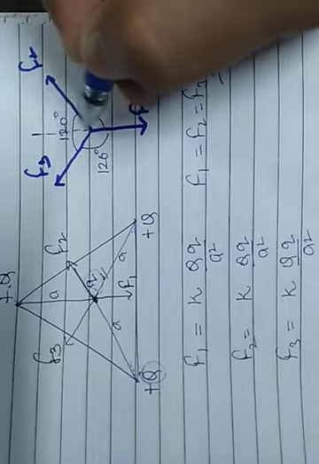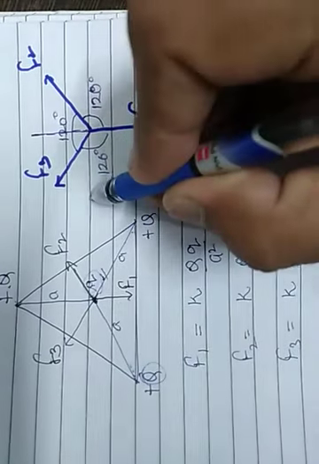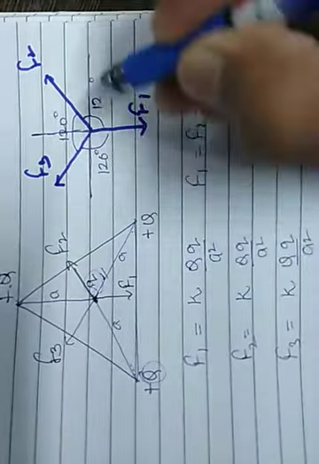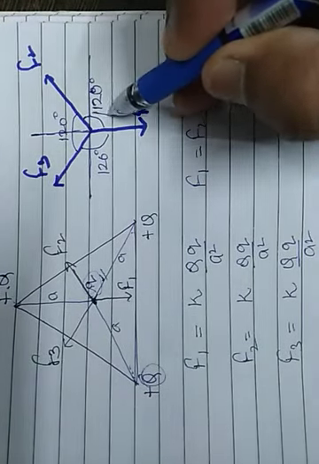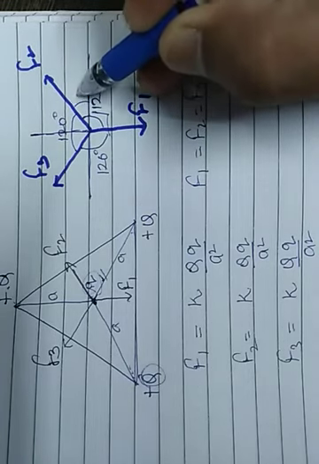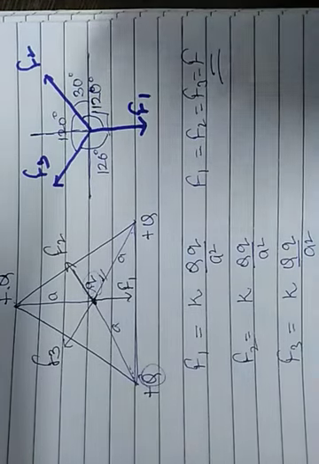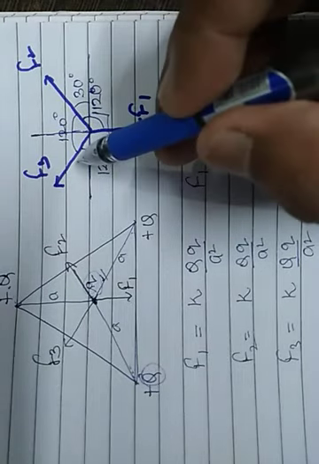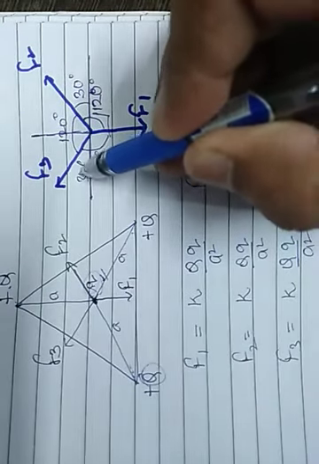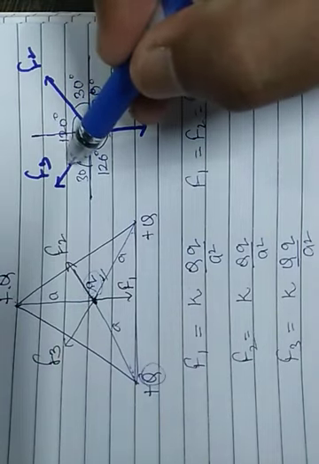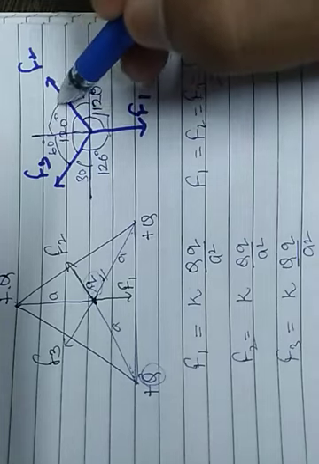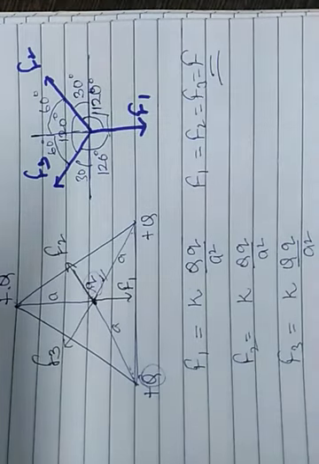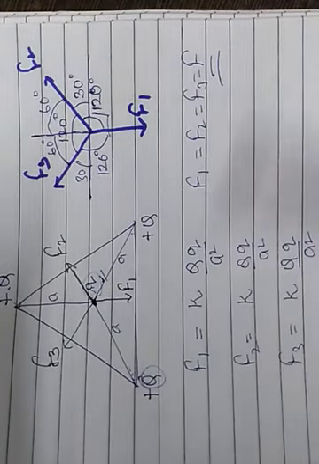So how will we calculate the net force? Just draw a perpendicular here, and draw a horizontal axis here. So from symmetry, now we can see that this angle is 90 degrees. So obviously this will be equal to 30 degrees. This is also 30 degrees, and this one is 60 degrees. This is also 60 degrees. Now I will try to resolve all the forces.